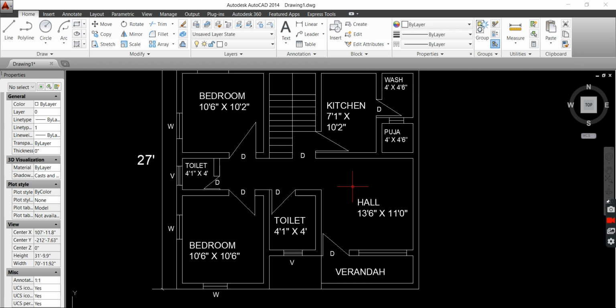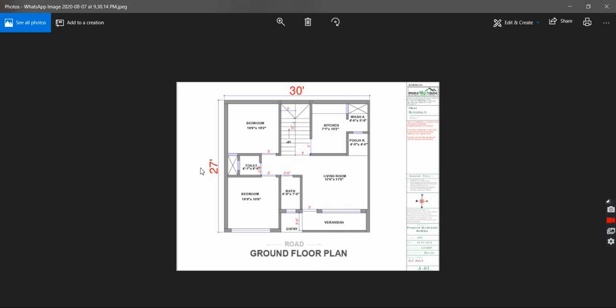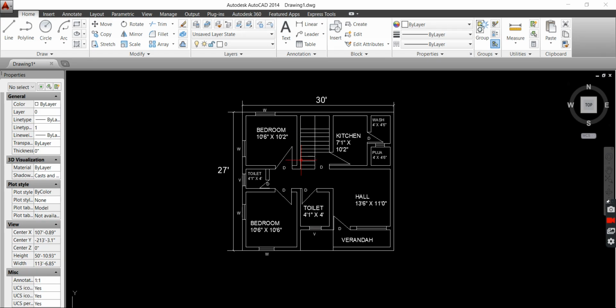Now let us see. Finally we completed all as per our requirements. See, we completed 30 feet and 27 feet, same as we need. See, veranda, living room, bathroom, everything we completed. So this is the way to draw the 2 BHK or any building plan. The keys are compulsory, like REC, trim, TR, double enter.